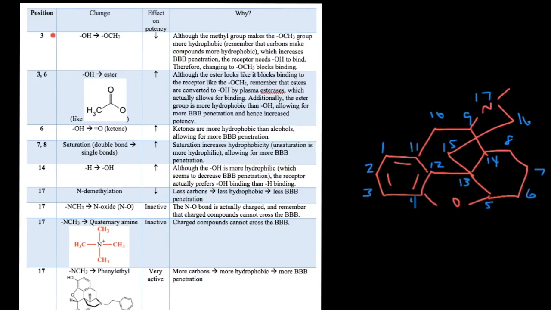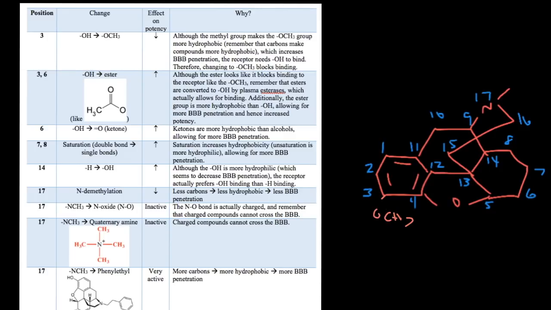It describes the position I'm referring to and the change in that position. So for example, if it changes from an OH to an OCH3, how that change affects the potency and why it affects the potency. So let's start with position 3. I'll start from the top of the table and go down. So if you start with an OH and you change it to an OCH3,